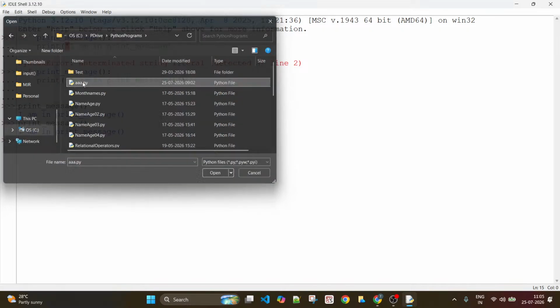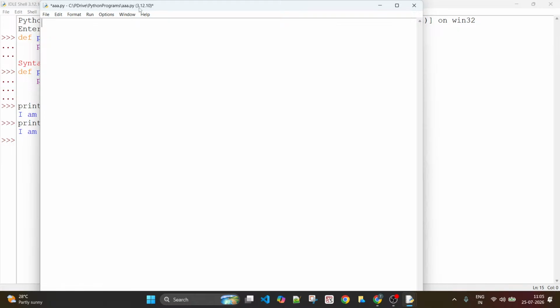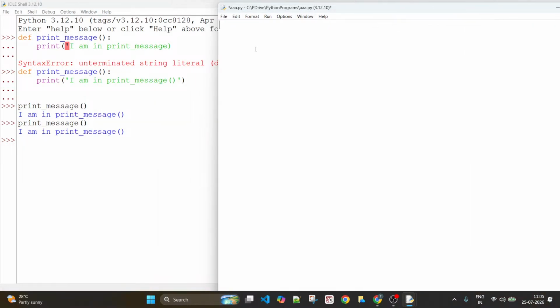Let me take some example and we will just start writing some code here. Okay. So for example, I have print one, print two, and print three.